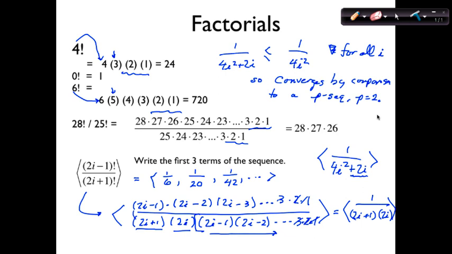What if you had something where all the terms were greater than a convergent sequence? Will it diverge? Will it converge? You don't know, right? If you have a convergent sequence, and another sequence whose terms are all greater than it, who knows? It might converge, it might diverge. But you can't say definitively like we